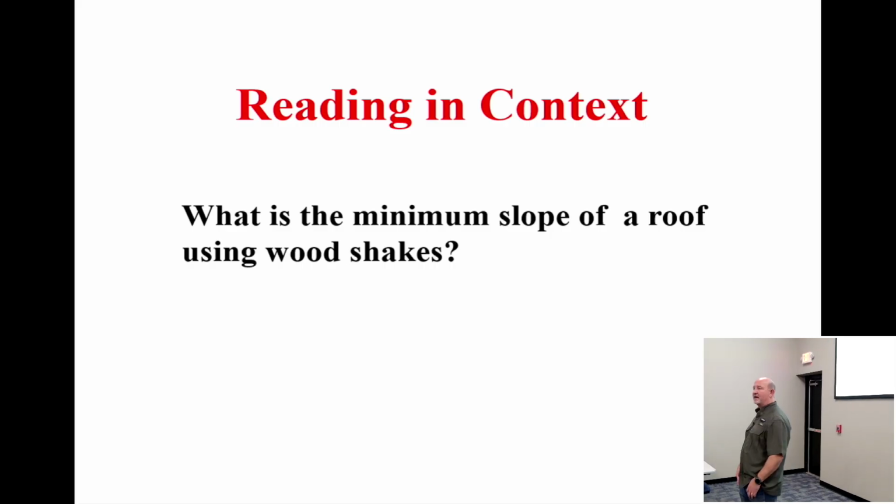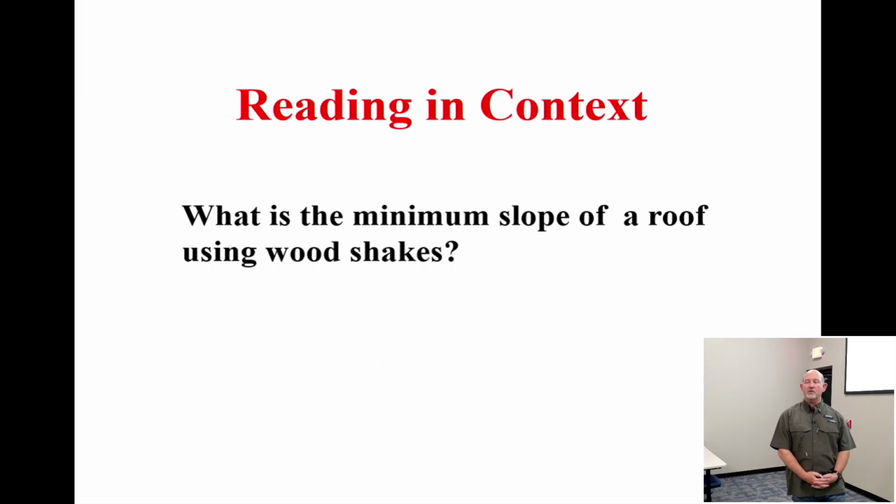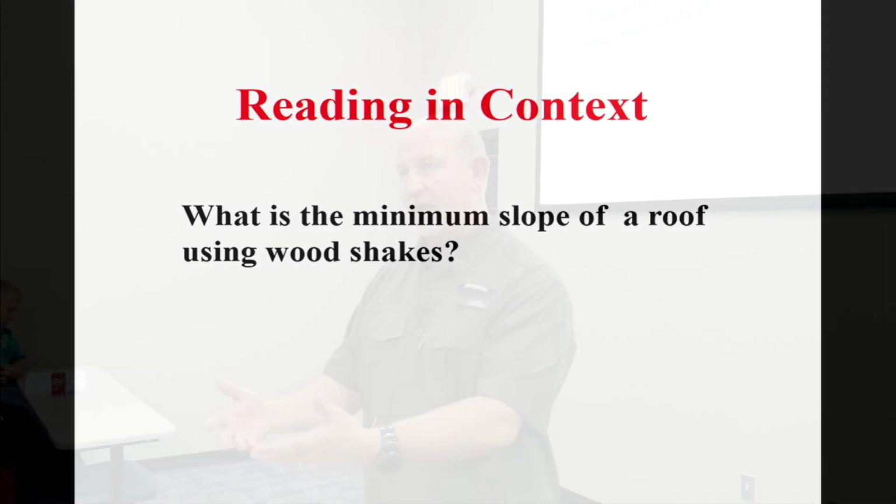Go to the index in the back. Everybody, please, even whether you found it or not, go to the index in the back and look up wood shakes. Do you agree that says refer to 905.8? Do you agree that's where you should have gone? Everything else should have gone away. Agreed? Now, notice what I've been warning you about. It says go to 905.8. It doesn't say .8.1 or 8.2 or 8.3. So that's why we need to learn how to read through that.